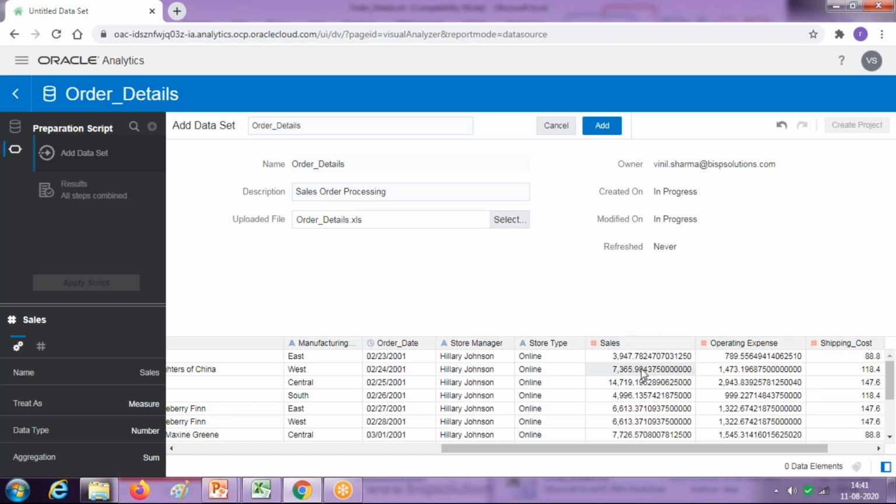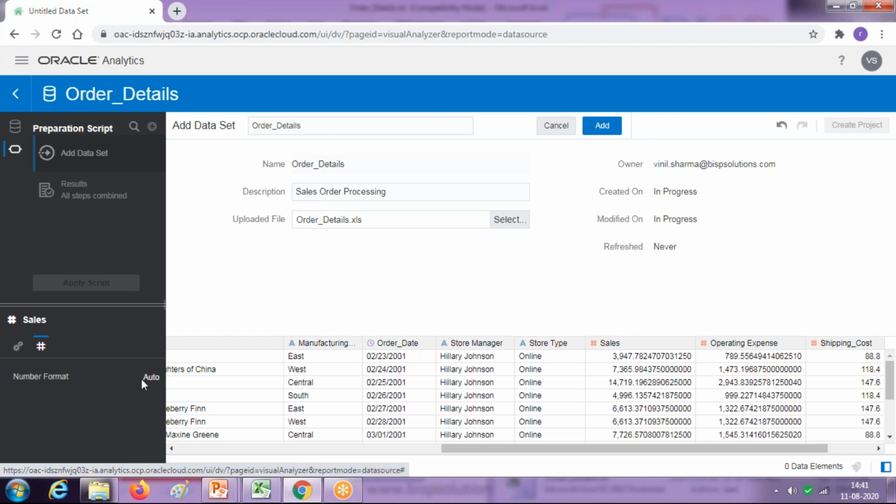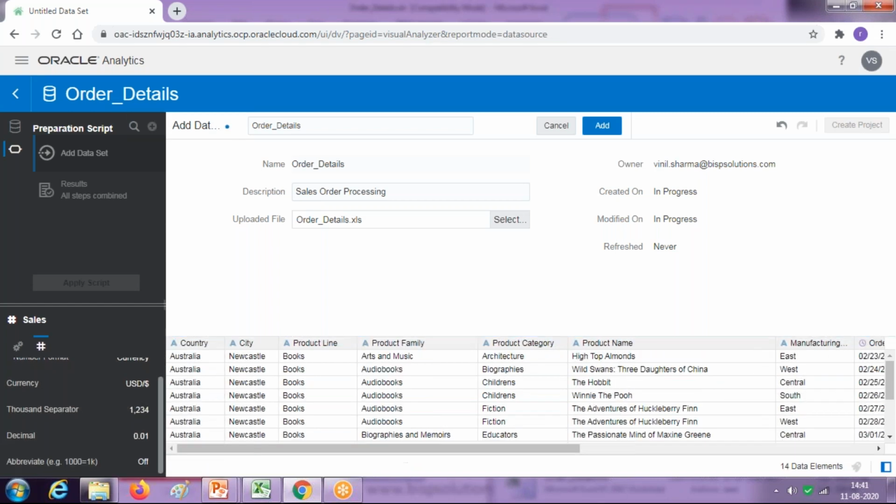This is your sales and this is coming in maybe 9-10 decimal places. I want it to appear as a currency. The hash entails it's a fact. You can go over here, see name, treated as a measure. Data type is a number. I want it to be considered as a currency. So I change the number format to currency, and you can define the type of currency you like to see. By default, there are 2 decimal places.